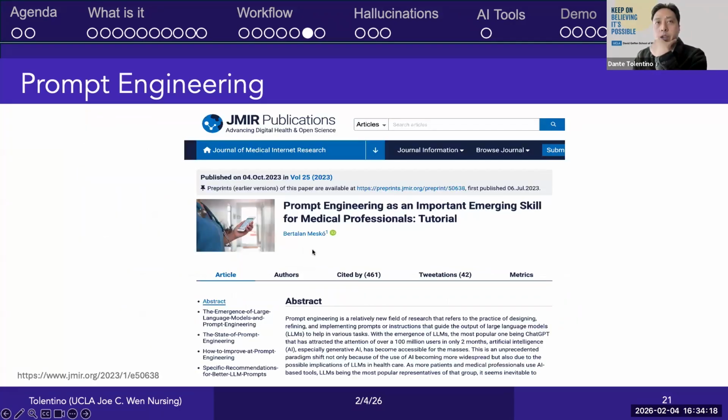And so this is one of the resources from MESCO that was published last year. Might be useful if you want to learn more about prompt engineering techniques, even outside of vibe coding. And so I'll share this to Monica if anyone is interested in reading this publication as well.